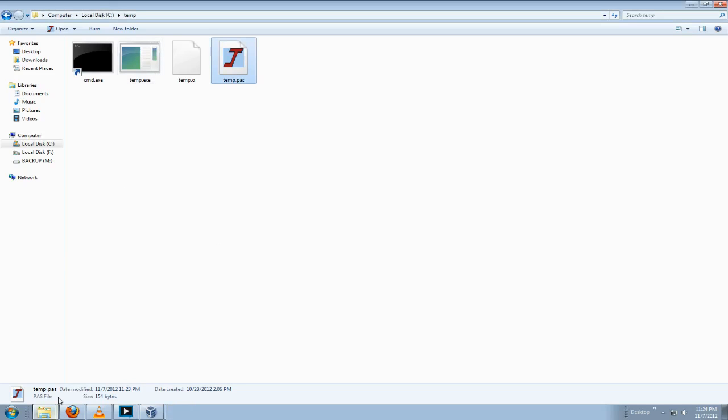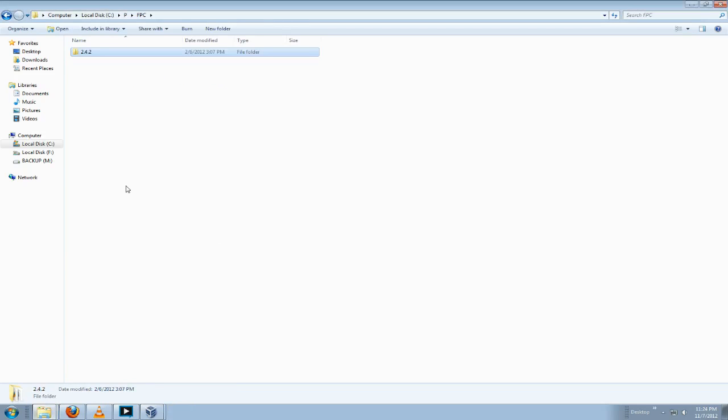First of all, let's go look at FreePascal itself. When you install it, this is my FreePascal directory. I installed it to drive C, P, FPC. A lot of times people just install it with the default, which would be C, FPC. These letters aren't driving you crazy me saying them, but in here you have the version of the FreePascal that